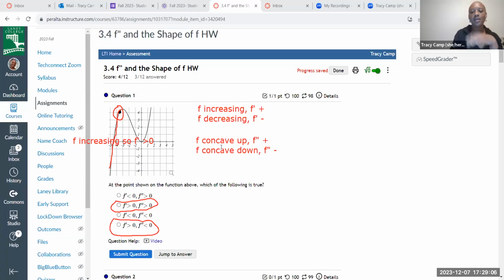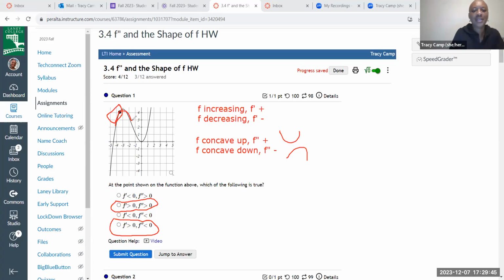So I want to look at my graph and determine if it's concave up or concave down. Just remember that concave up means the graph kind of looks like it's smiling, and concave down kind of looks like it's frowning. So let me erase this here. We want to see if at this point, and again, they want us to pay attention to where this point is, does it look like the graph is smiling or frowning? Does it look concave up or concave down? To me, it looks like it's concave down right here, right? It has that frowning look,